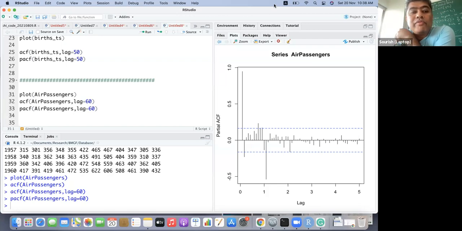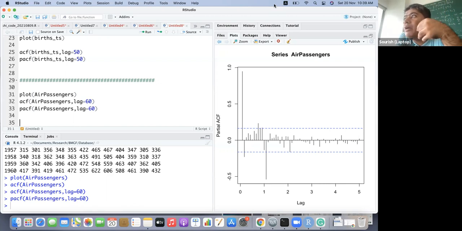So the strategy I'm going to take is to build a basic benchmark model using a simple regression model, and then build the ARMA or ARIMA model, do a forecast from both, and compare.